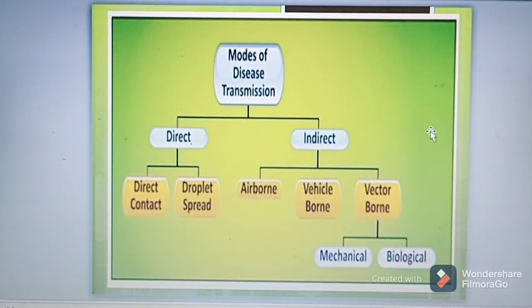So we have the mode of disease transmission. We have the two categories, which are direct and indirect. So under direct we include direct contact, droplet spread, while indirect include airborne, vehicle-borne, vector-borne, either mechanical or biological. So I will give the floor to Mr. Kita, but we have to continue this topic. So good luck and watch